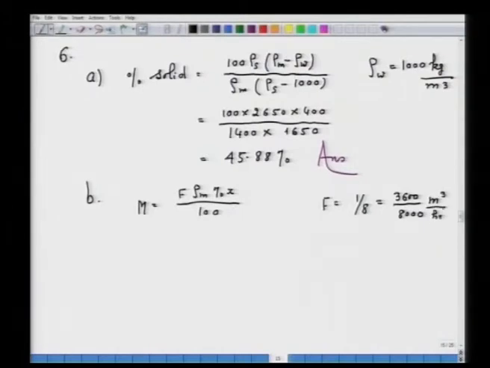So, that will be equal to F is 3600 divided by 8000, density of the slurry is 1400 and percent x, that we have calculated, 45.88, of course, divided by the 100. So, this mass flow rate of the quartz comes to equal to 289